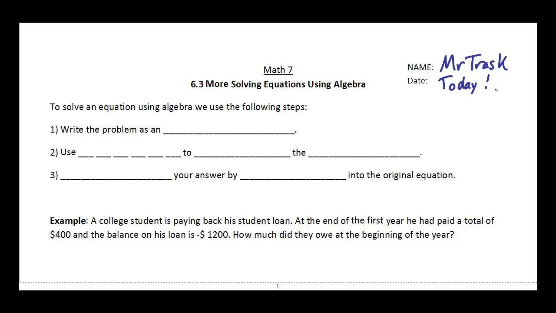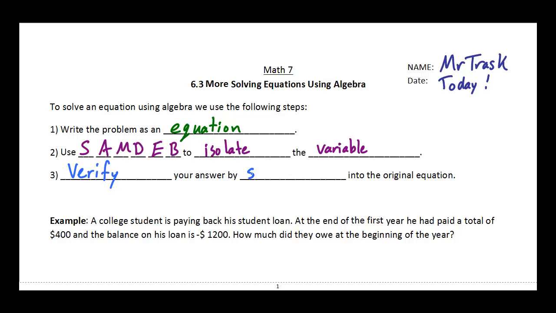Last time we came up with 3 rules to help us keep track of what we need to do when solving these problems. The first step is to write down the problem as an equation. Our next step is to use our new best friend SAMDEB to isolate the variable, which basically means to move everything away from the same side as the variable so that it's all by itself. And the last step is to verify your answer